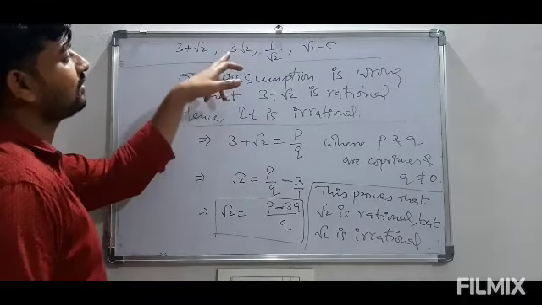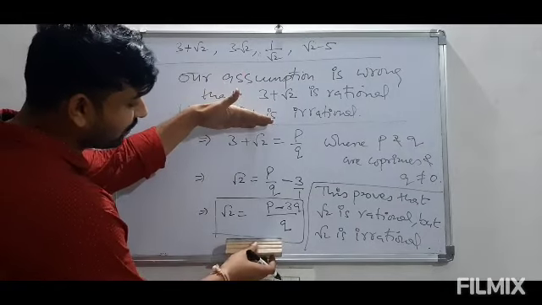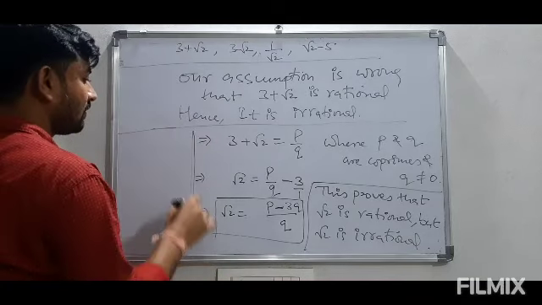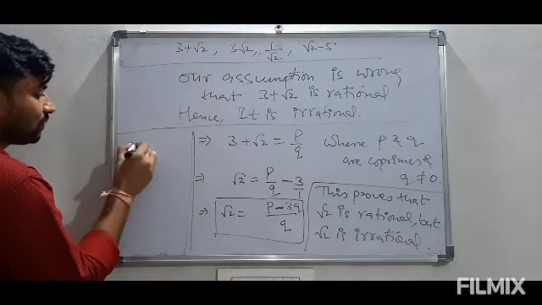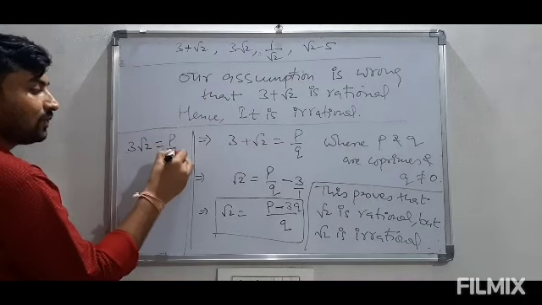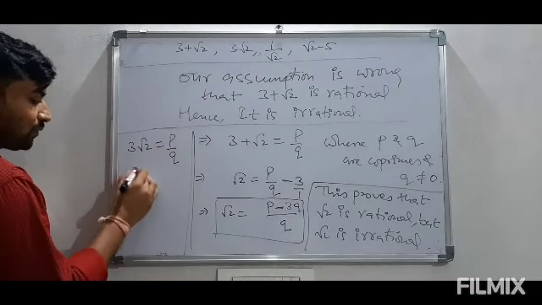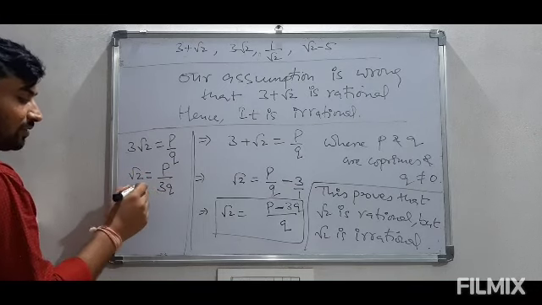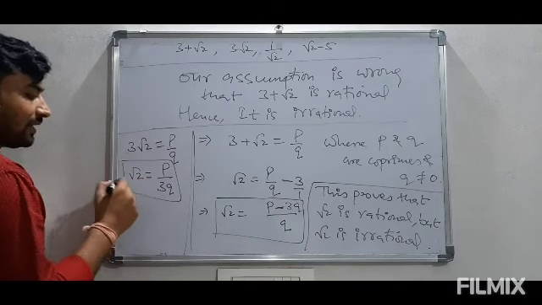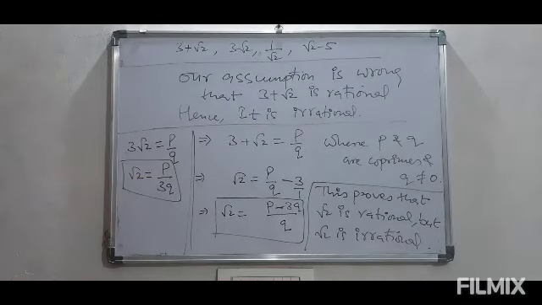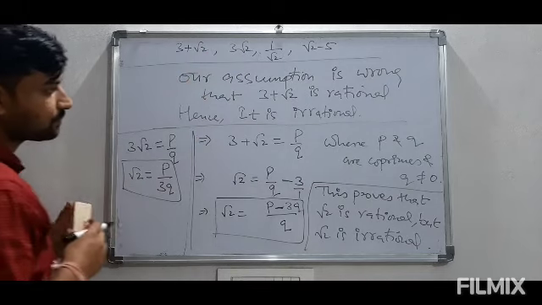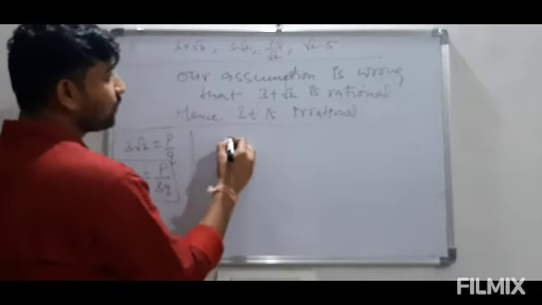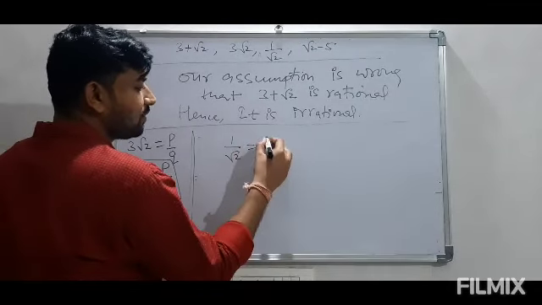Now let me discuss these parts, how we find out this value, this particular part I am writing here. Like for 3 root 2, 3 root 2 will be written as p upon q. So we need the value of root 2. So you may write root 2 is equal to p by 3q. This is in multiplication, so this will go to the right hand side. So for 1 by root 2, you will be writing 1 by root 2 is equal to p by q.